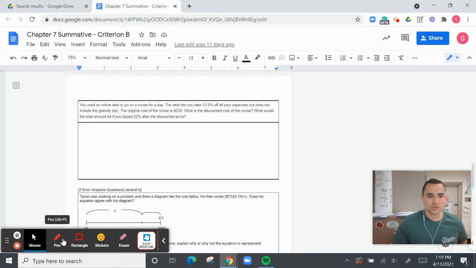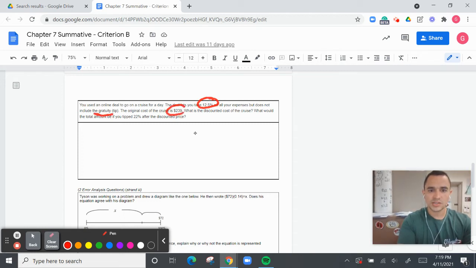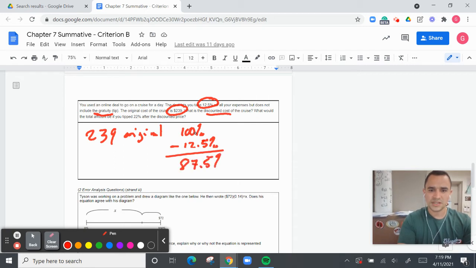Use an online deal for the cruise. Deal lets you take 12.5% off all your expenses, but does not include the gratuity. The original cost is $239. So $239 is the original. And then what is the discounted cost? So we got to take away, so that's 100%. You got to take away 12.5%, which gives us 87.5%. And so what you can do is you can do 239 times